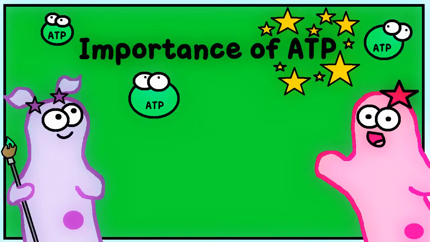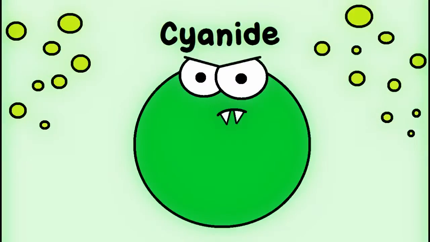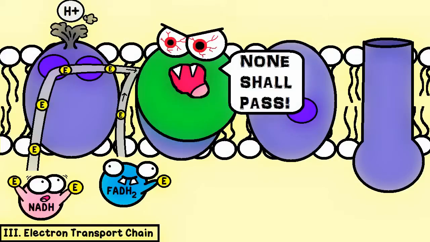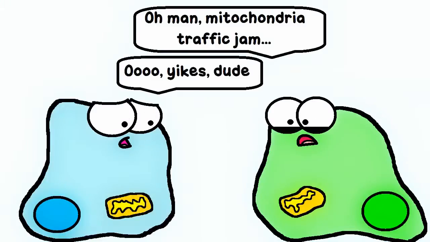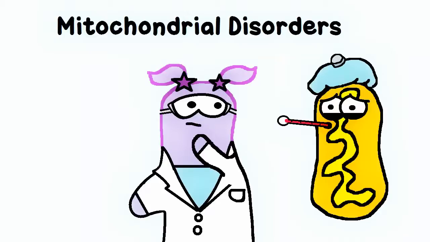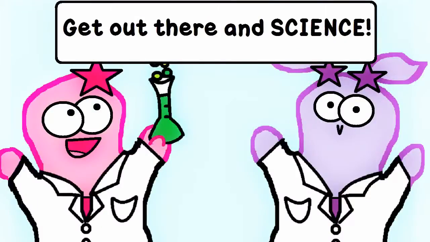Now, we really can't emphasize enough how important the process of making ATP energy is. If you doubt how powerful it is, consider cyanide. This toxin is found in some rat poisons. It is highly toxic. It works by blocking a step in the electron transport chain, and without being able to continue the electron transport chain, cells can't produce their ATP, and this poison is deadly in a very short time frame. There is also a demand for increased research on various mitochondrial disorders. Mitochondria are so essential for ATP production in humans that many mitochondrial disorders can be deadly. We are confident that the understanding of how to treat these disorders will continue to improve as more people, like you, ask